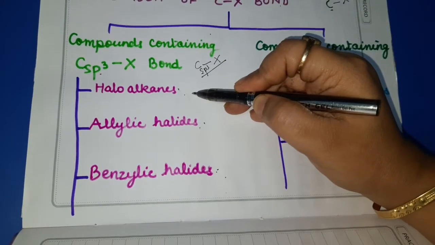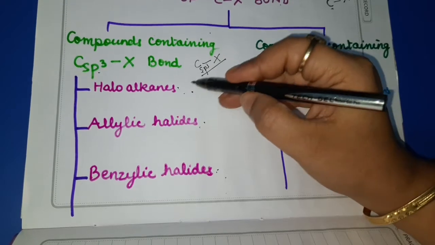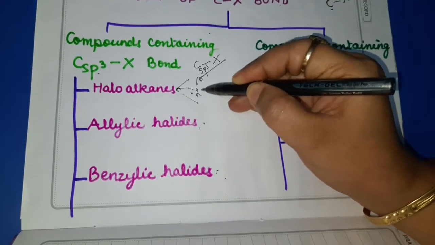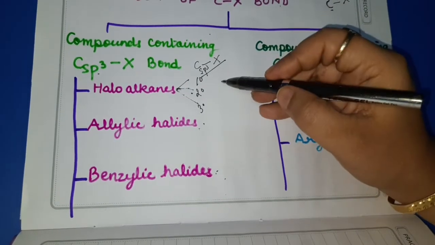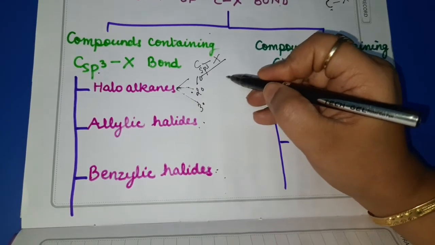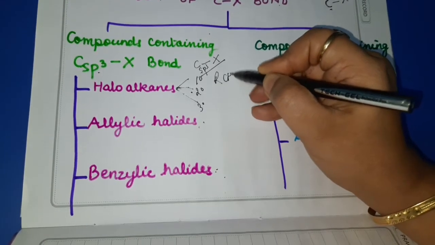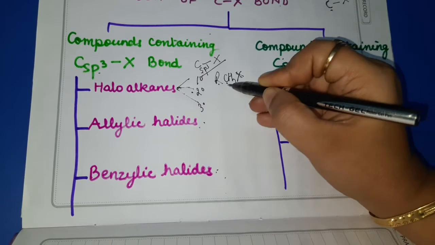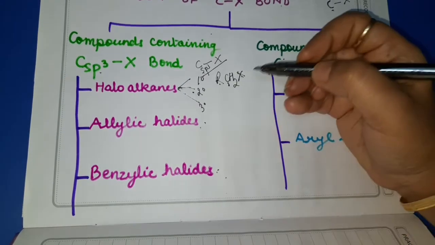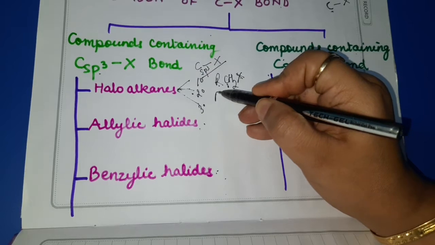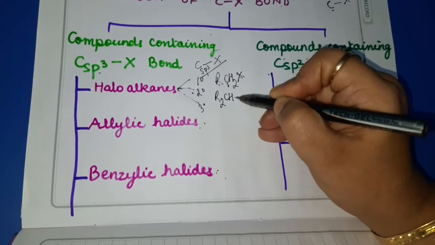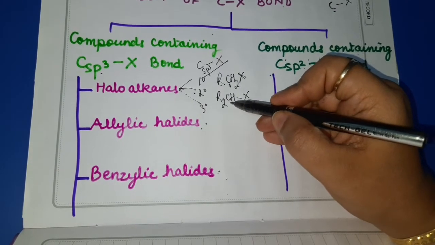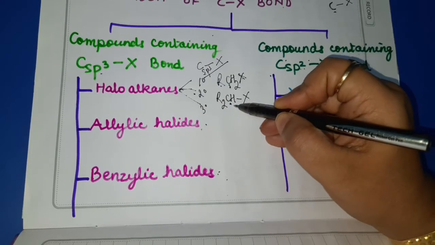These haloalkanes, depending upon the degree of carbon, are of three types. If you remember, first is 1 degree, second is 2 degree, and third is 3 degree. 1 degree alkyl halide can be represented as RCH2X. This is 1 degree carbon, and X is attached to such a carbon, the hybridization of which is sp3. 2 degree can be represented as R2CH-X. This is 2 degree carbon which has hybridization sp3. X is attached with it.